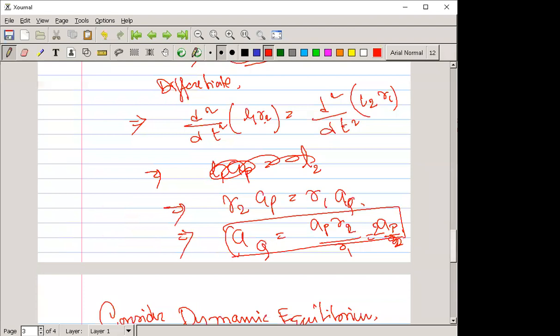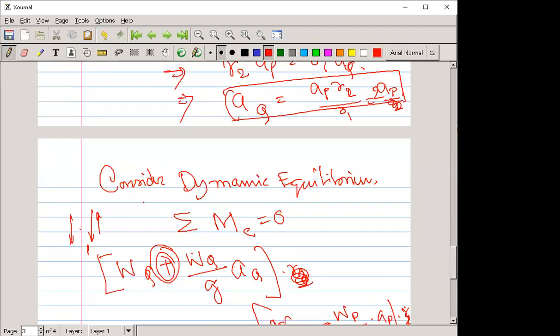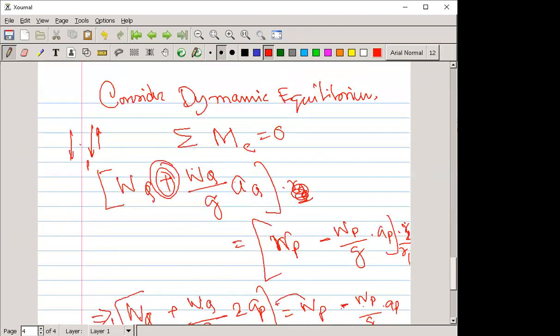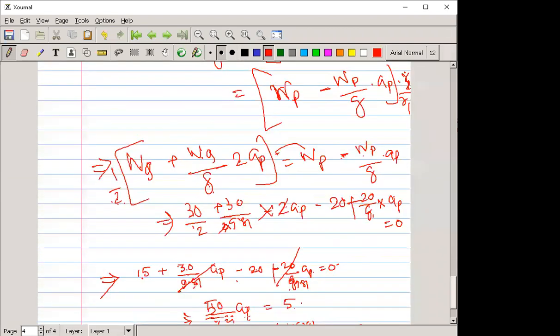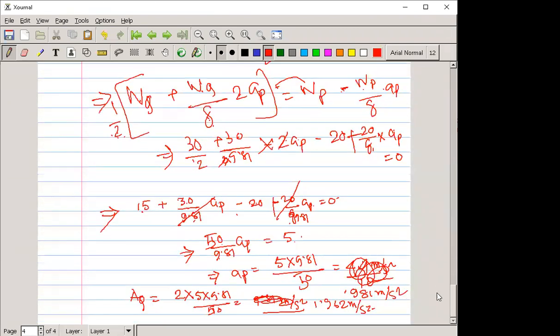After that, stage 2 is to put the dynamic equilibrium condition, that is the summation of all moments is equal to 0. There you have to write the force into distance. So this is into R2, this is into R1. It is a simple thing. R2 by R1 is given in the question, and do the calculation. Okay, is it okay?